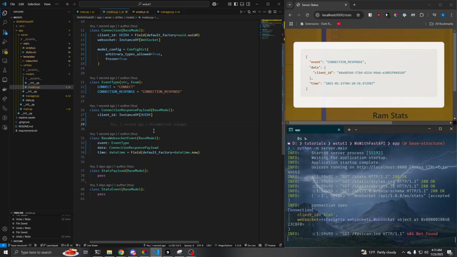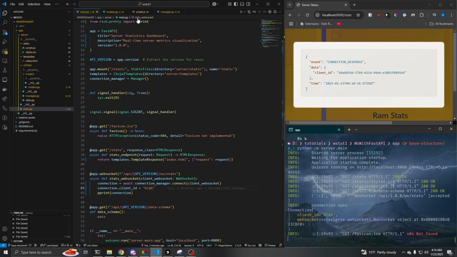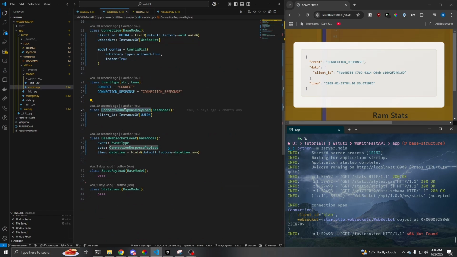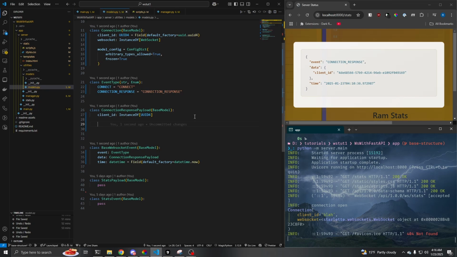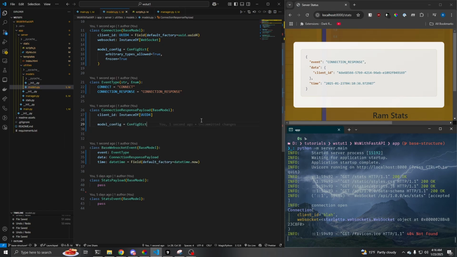And one of the other things, this connection response payload should also never be mutated. And I can't think of a single logical reason why you would ever need to mutate most of these models. So you'll see that we'll be using that frozen equals true parameter a lot here, but it just wouldn't really make sense. Once you create this connection response payload, what would be the point of reusing it and resetting a field? So you might as well just define the frozen parameter as true. So we'll do model config is ConfigDict, and we will